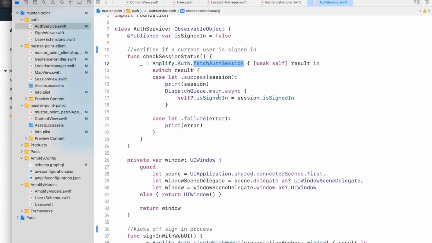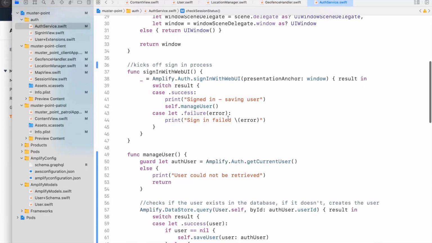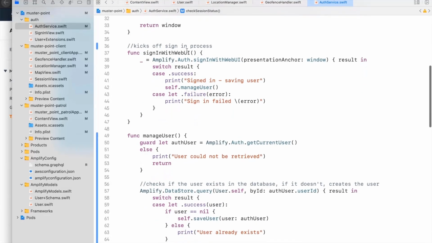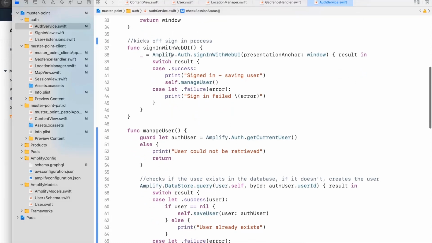And that's going to help us manage our authentication process. The next method that is good for us to take a look at is called signing with web UI, okay? And that basically kicks off the signing process. By using amplify.auth.signing with a web UI, what we're doing here is opening the host web UI, which is the one that